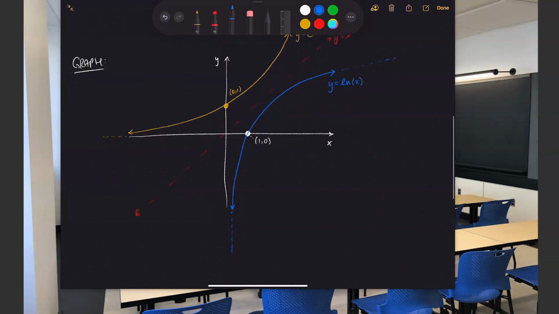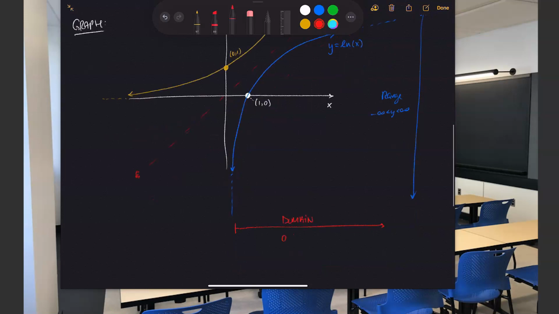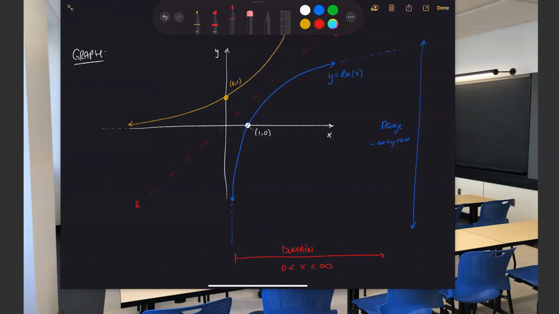So we see the range, we see the domain here. Set of all possible inputs does not include 0, right? And this is going to work for all